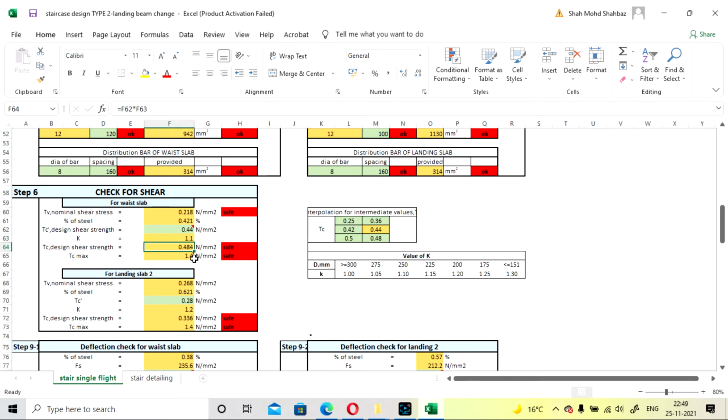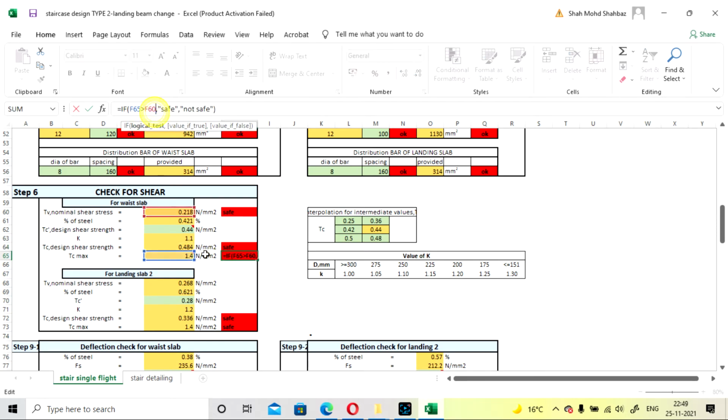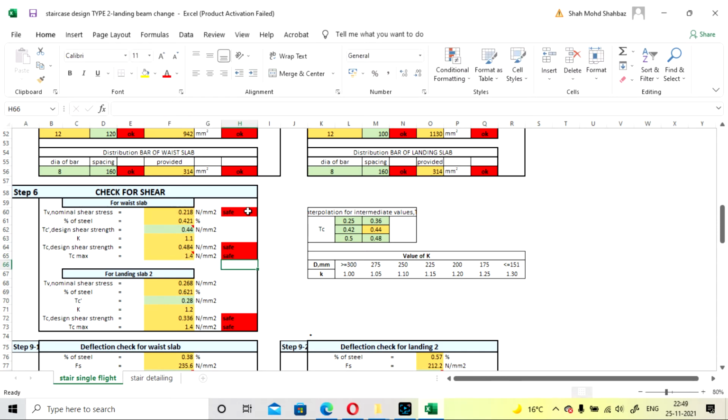So now what will happen, your tau c, that is design shear strength, will be calculated as 0.484 and it is greater than your nominal shear strength, so this will also be okay. And this is tau c max, so this value will be greater than this. It will show you safe, so all the things are showing safe, then this will be okay.